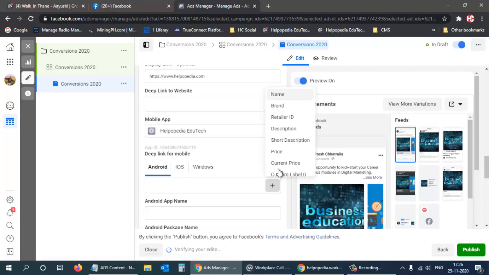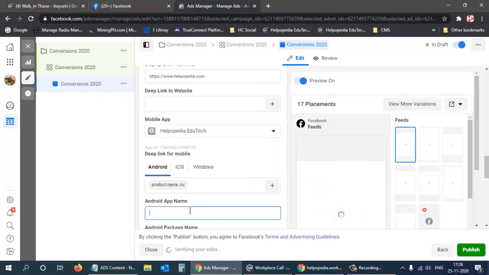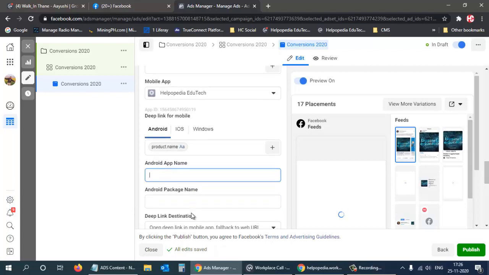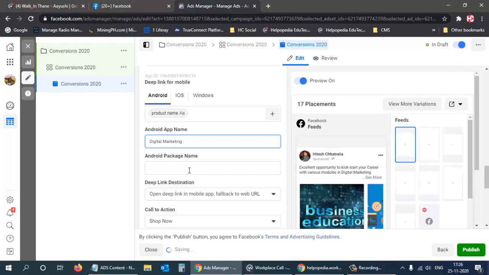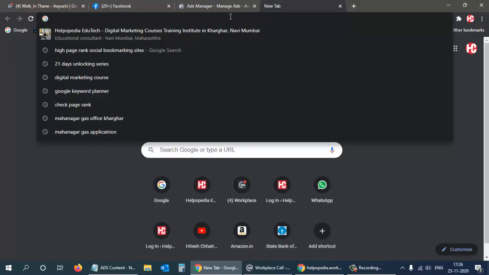Add catalog field. So field can be anything like say name, then Android app name. Digital marketing, then package name. So package name I need to provide.